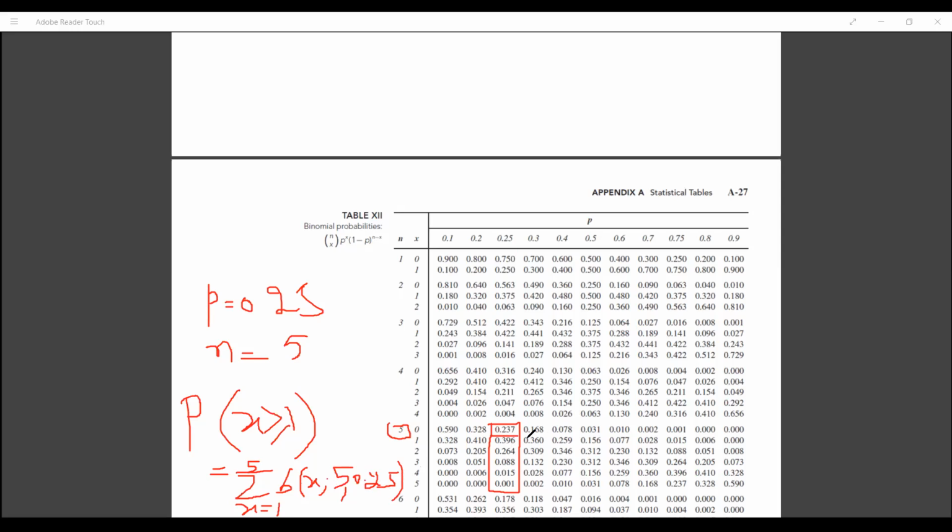I solved the problem by 1 minus the probability of x equal to 0, which is 0.237. That is the same probability as I was calculating on the slide. So that is the difference between the cumulative table and a simple table. You can use any of the tables, whichever is available. But in exams, I generally use this table. This table is available in Neil Levy's book. And if you are in the physical exam phase, this table will be provided to you in the physical exams.